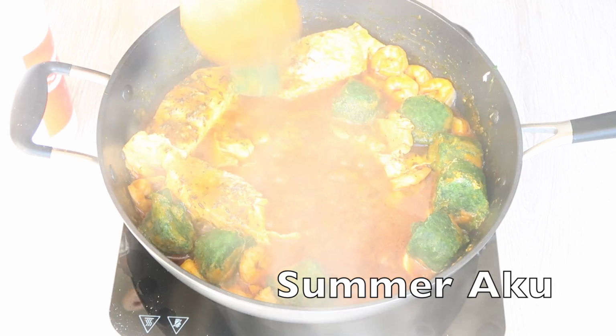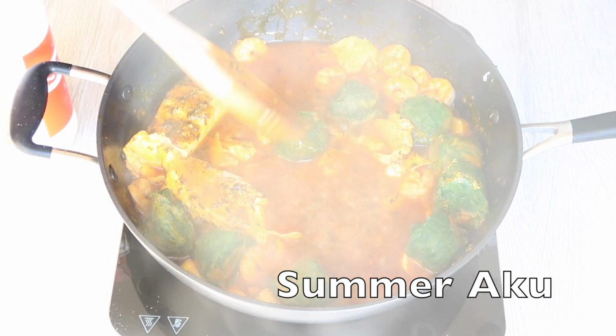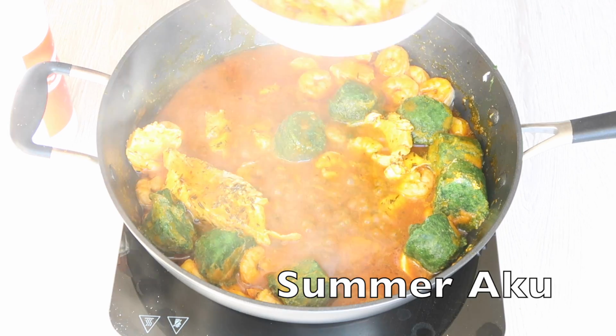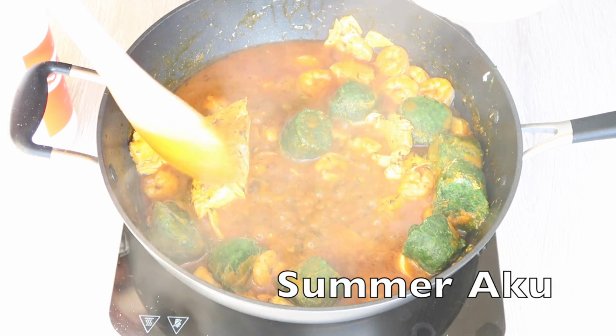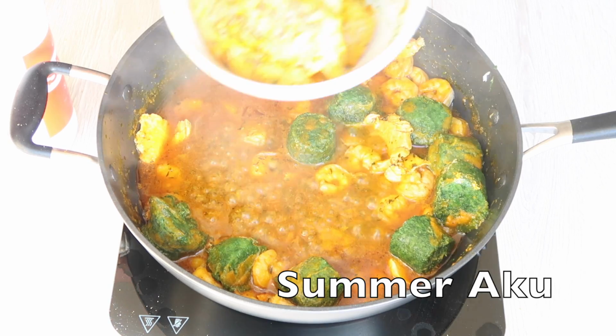You can decide at what point you want to put your fish in. I'll bring out all my fish because I don't want them to get broken up. Believe me, the fish is so well cooked and well marinated at the moment. It's really like